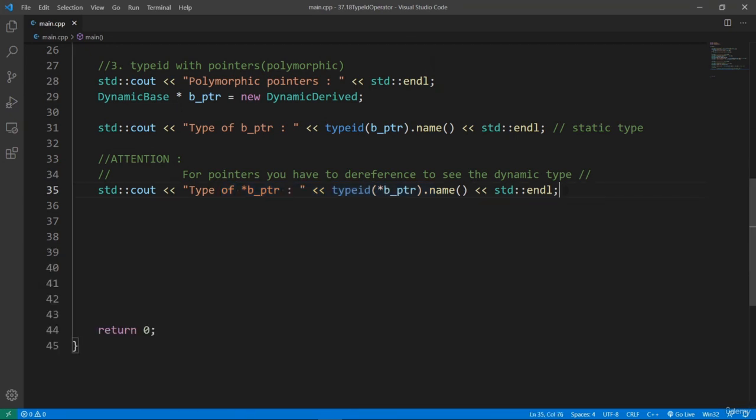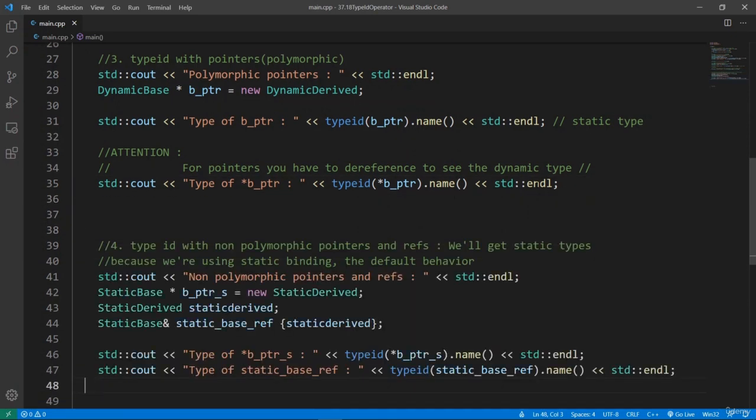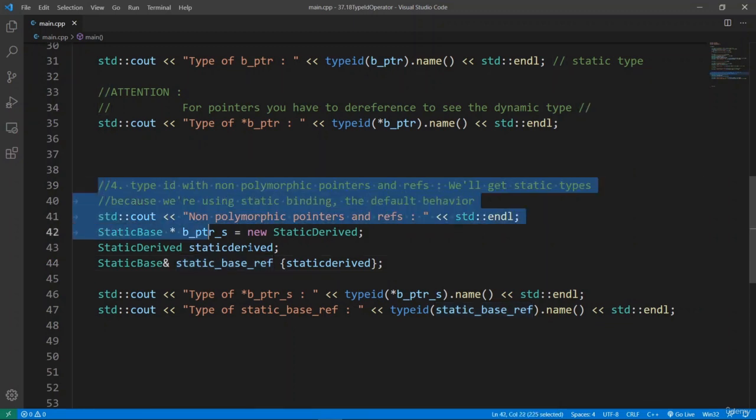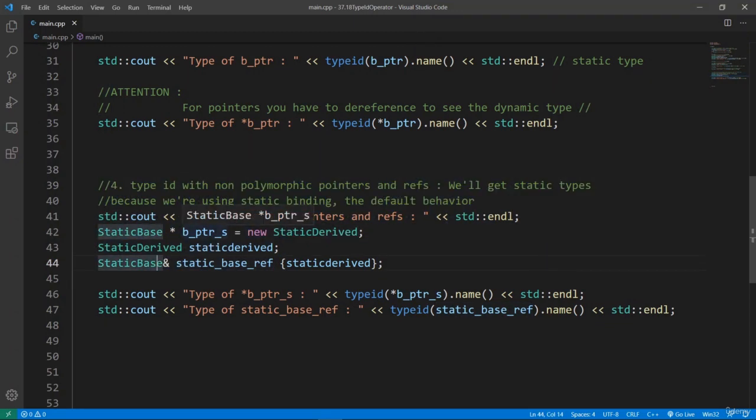We can also use our typeid on our non-polymorphic inheritance hierarchy, and we expect this to give us static binding results because we don't have any virtual function in that inheritance hierarchy. If we print the type of this base pointer, we're going to get the base class. That's what we expect to see printed out here. If we print the type of this base reference, we expect to see the base class printed out